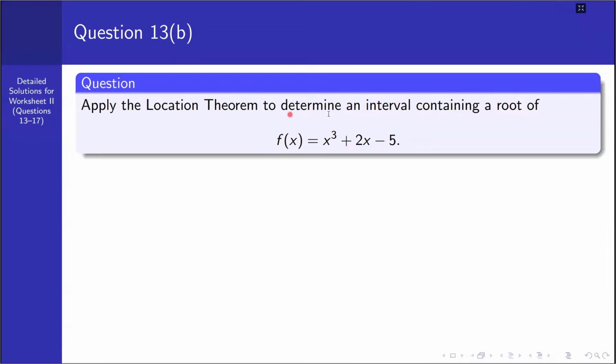Apply the location theorem to determine an interval containing a root of f of x equal to x cubed